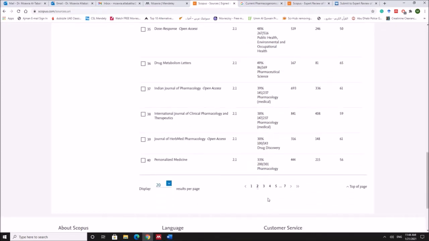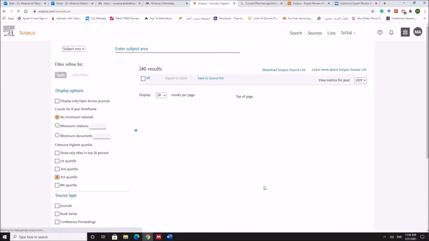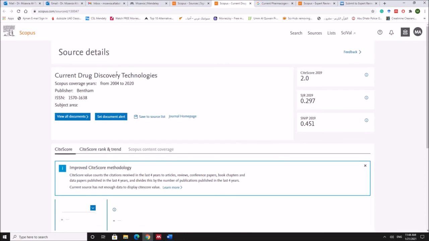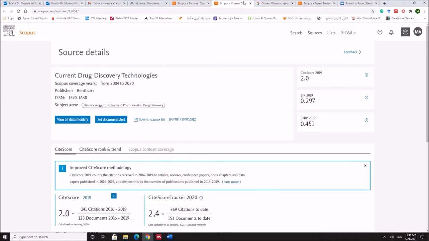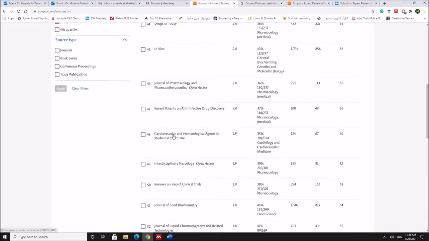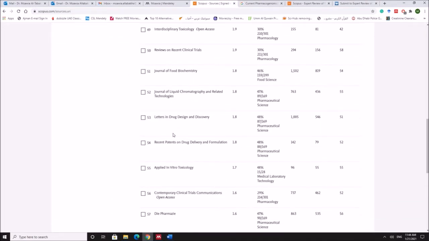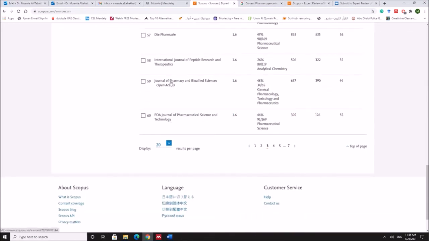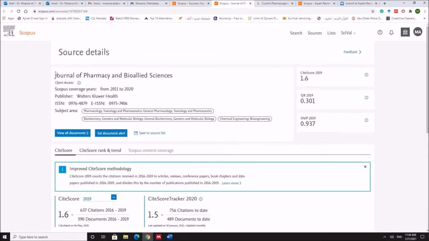So this searching of the right journal can be time consuming, as well as reading the instructions to authors. Current Drug Discovery Technology, let me check this one. It's for Bentham. I don't want Bentham. Okay, this is a nice one. It's Q3, meaning third quartile, and here